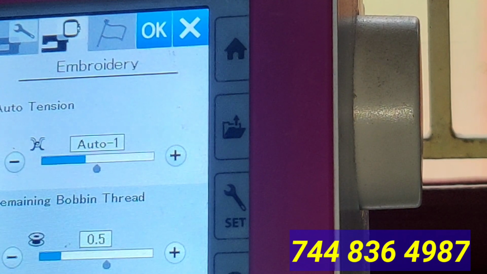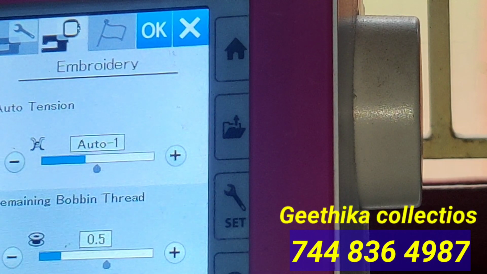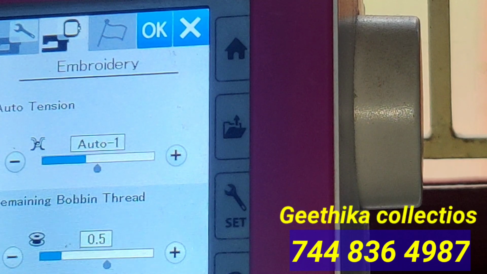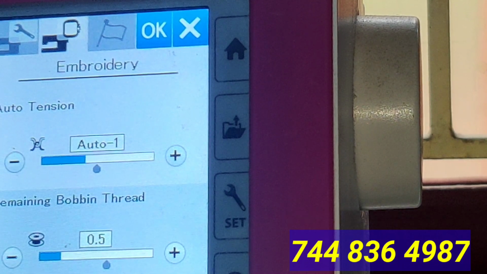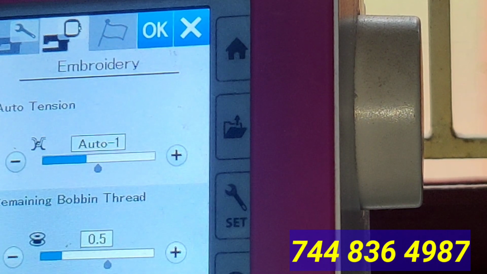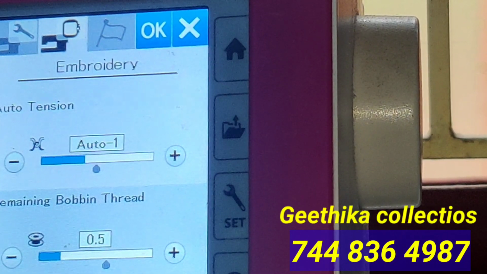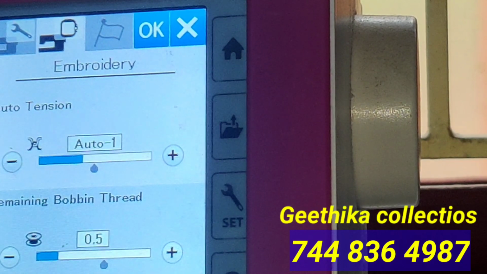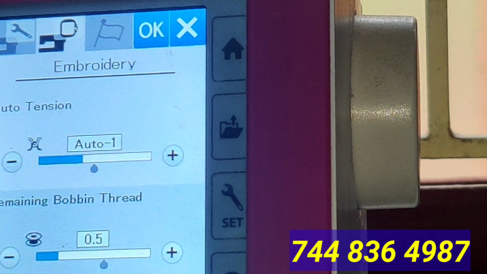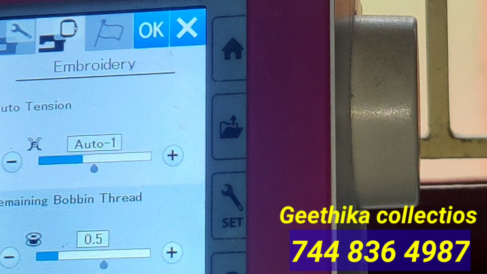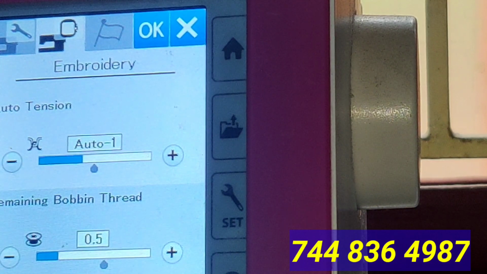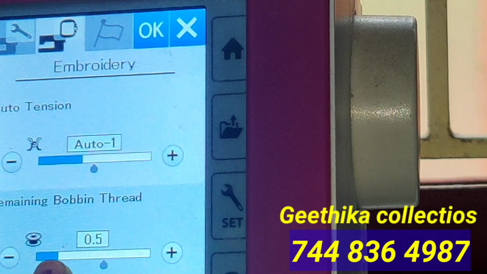If this is in off mode, whenever the machine is running, if you identify it later, then there is a problem for you and it's a waste of time. We need to recount how many stitches were done when the thread was completed. You have to navigate through the plus or minus symbols in the stitch count, so it is a very tedious job. So we suggest you make it active and set it to 10%, meaning 1.0 remaining thread. It will be very helpful to you.